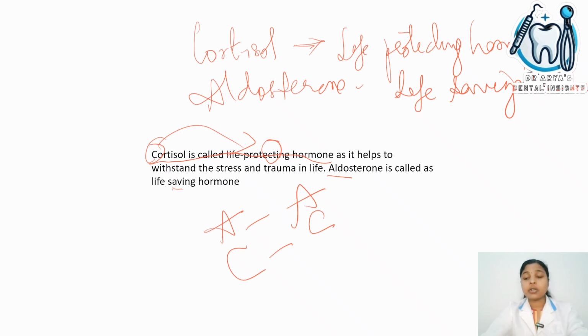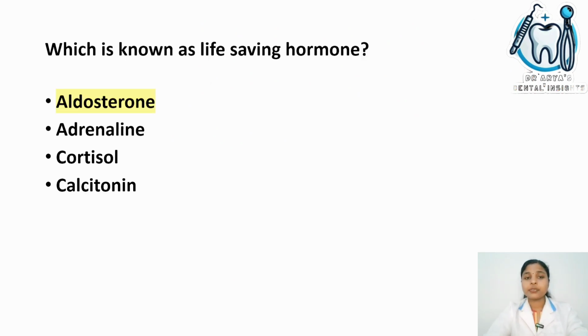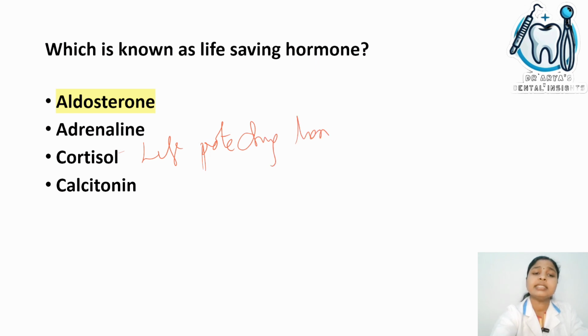So cortisol is called life protecting hormone and aldosterone is called life saving hormone. So the answer is life saving hormone is aldosterone and life protecting hormone is cortisol. So if it is asked as life protecting hormone, then the answer is cortisol. Okay,